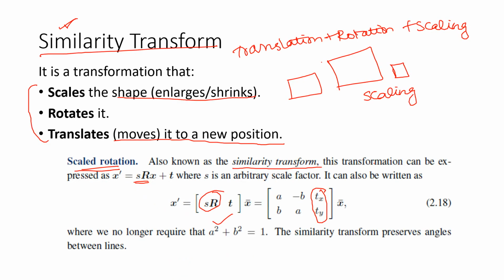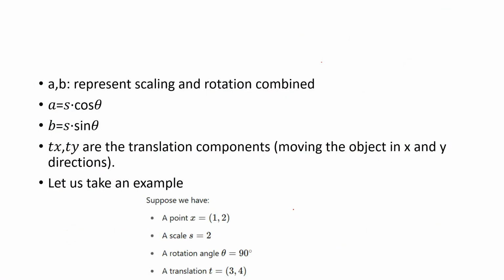Okay, see the previous matrix: A, minus B, B, A, Tx, Ty. I'm going to take A as S into cos theta, B as S into sin theta, because the rotation matrix, we know, is cos theta, minus sin theta, sin theta and cos theta. Right? So A is S into cos theta, B is S into sin theta, and Tx and Ty are the translation components. Okay, we are going to consider a point (1, 2), and we are going to perform a scaling